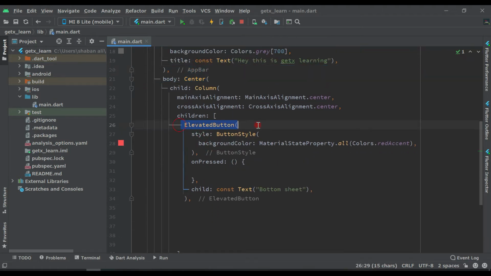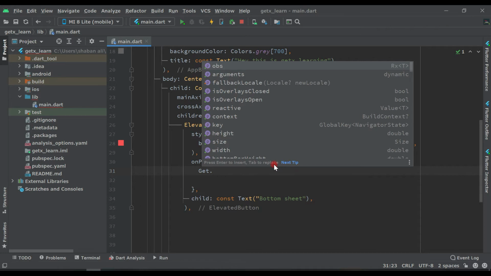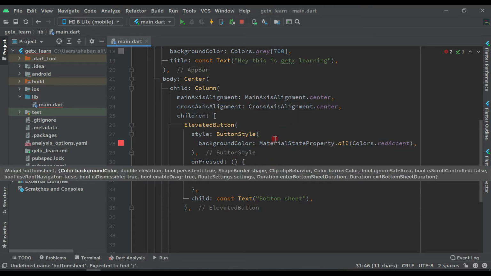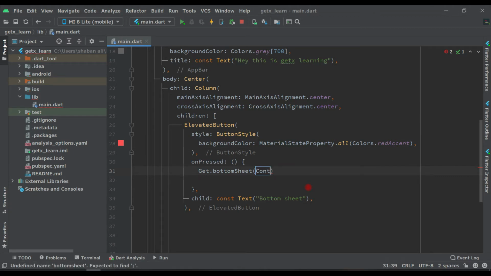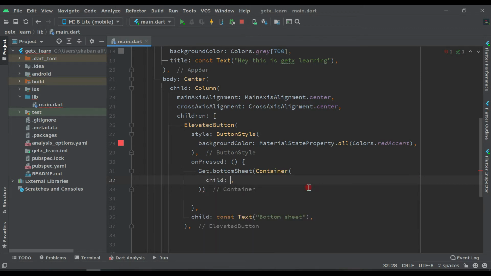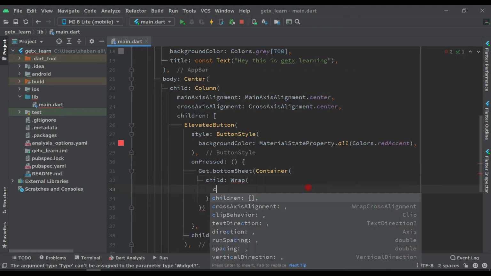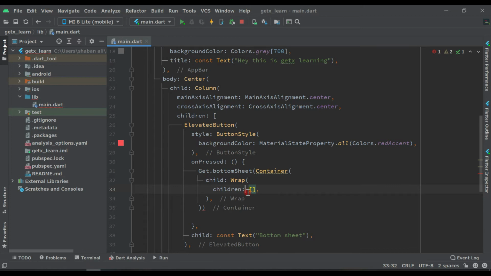Inside this elevated button, where I won't press, write Get dot bottomSheet, and here we will pass a Container. Inside this container we have to pass child, and the child will be Wrap, and inside this Wrap we have children, and here write Wrap.